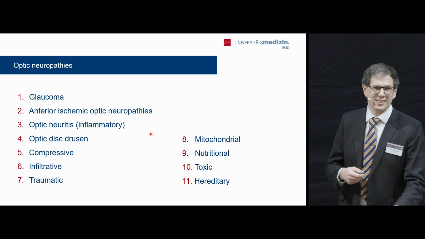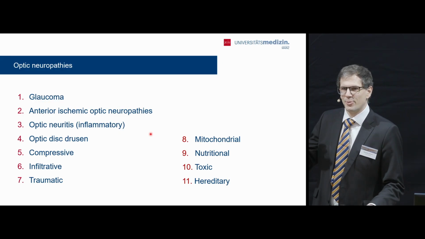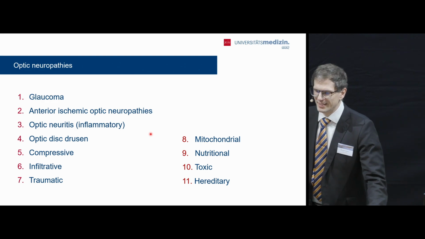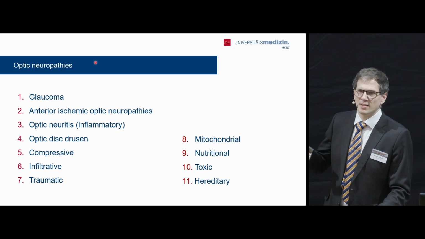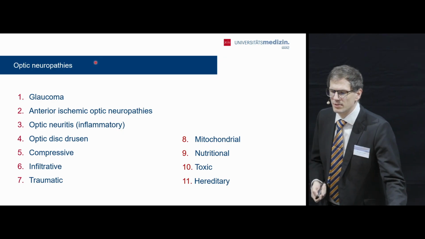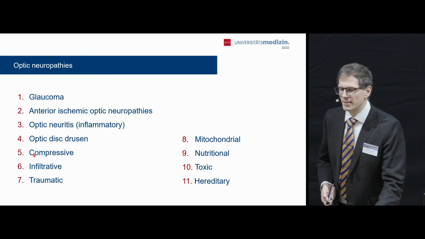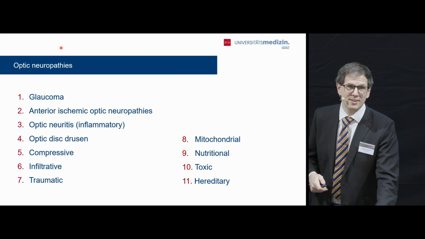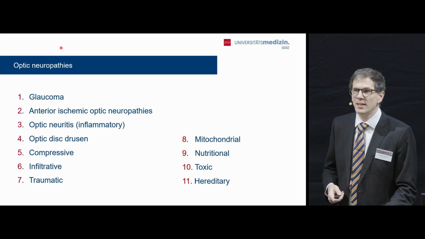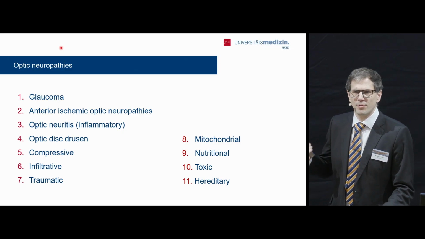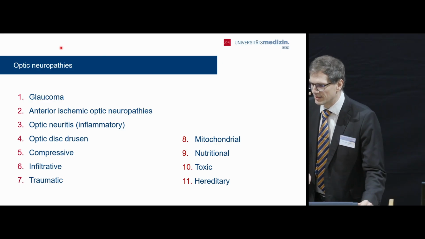You have several talks in the upcoming 2 hours, training you how to differentiate the diseases coming from glaucoma, like pre-perimetric glaucoma, or treating glaucoma over its disease curves, then anterior ischemic optic neuropathies, optic neuritis, optic disc drusen. There are quite a lot of different other entities that can lead to optic neuropathy later on and should not be mixed up with other diseases.